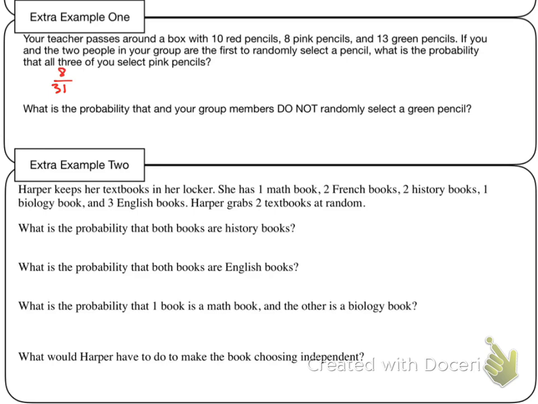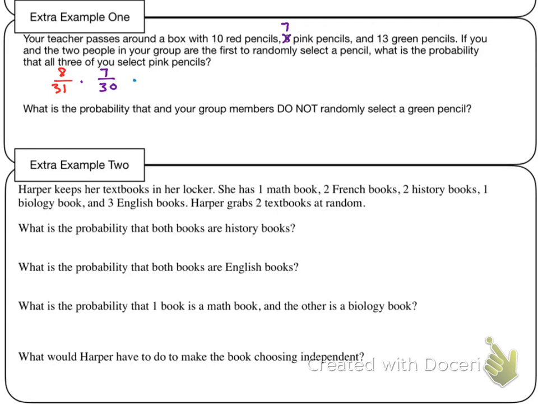And we're not putting these pencils back in. Once you pick your pencil, you're stuck with it forever. So now we have 8 out of 31 pink pencils, times, now the box gets shifted over to my partner in my group. Now what are his chances of getting a pink pencil? I already have 1 in my hand, so this goes down by 1. So now he has 7 available pink pencils out of, instead of 31, remember that I picked 1 out, I'm holding 1, out of 30. Times